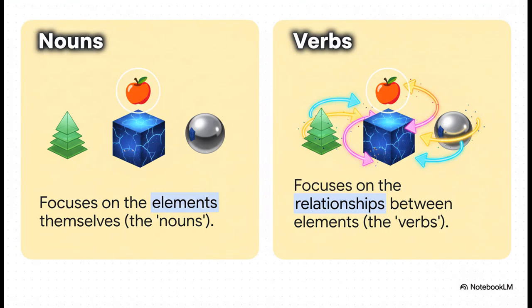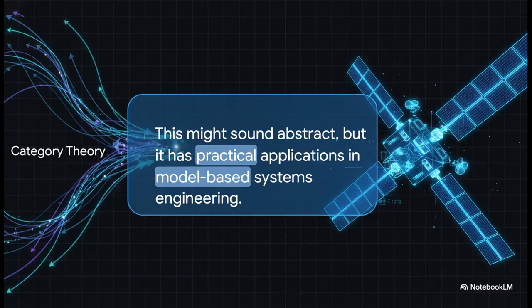And here's the absolute best way to think about it. If traditional math, the stuff based on set theory, gives us the nouns of a system, the things, then category theory gives us the verbs. It's all about the action. It gives us this really dynamic view of the world where the focus is on processes and functions, not just a pile of static objects. Okay, I know this might sound super abstract, but it has some unbelievably practical uses, especially in complex fields like systems engineering. So let's bring it down to earth and see how it actually helps solve a real-world design problem.